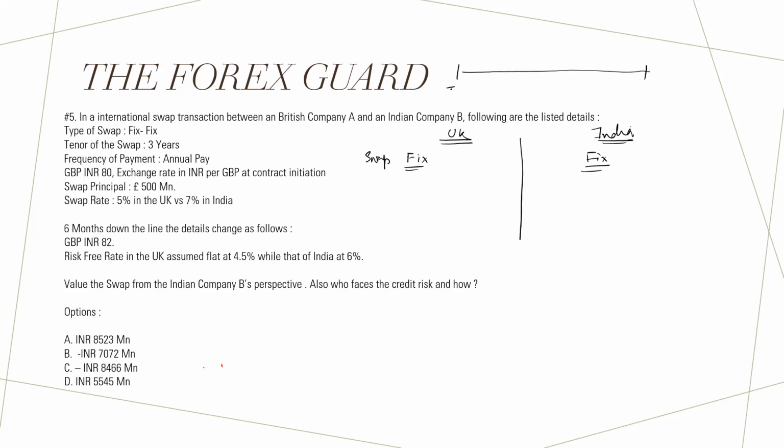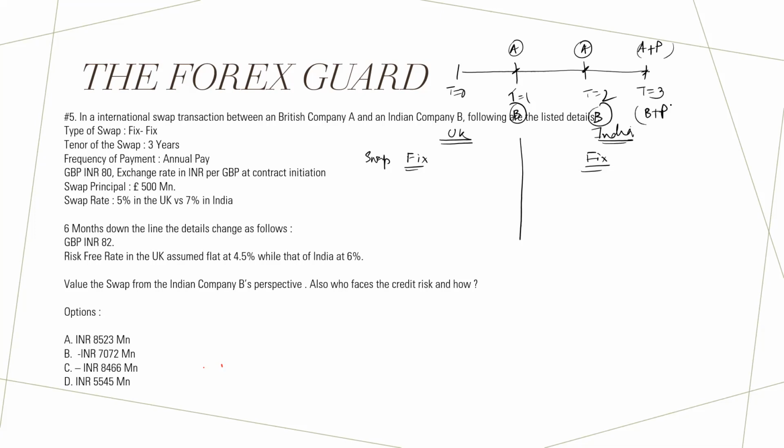So this is time t equal to 0. This is t equal to 1, t equal to 2, and t equal to 3. And the frequency of payment is annual. So this is going to be 1 payment here, 1 payment here, and the last payment plus the principal here. Both parties will do the same thing, whether it's the Indian party or the UK party. So the UK party is going to make the payment here, here, and here